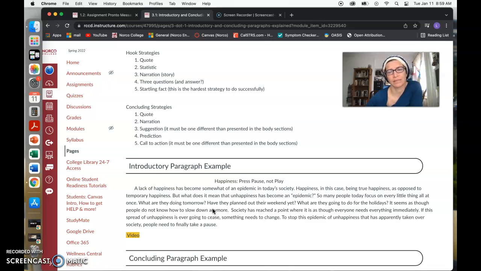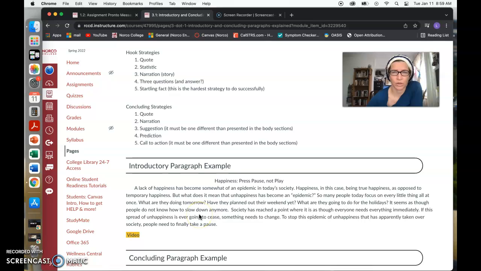Society has reached a point where it is as though everyone needs everything immediately. If this spread of unhappiness is ever going to cease, so now we get to where this person wants to go, which is solving a problem, something needs to change. And then we have the thesis, which is to stop this epidemic. Again, this is a nice reference back to the hook here. To stop this epidemic of unhappiness that has apparently taken over our society, people need to finally take a pause. And that's a nice reference again back to the title here where it says press pause. So take a pause, and that's the